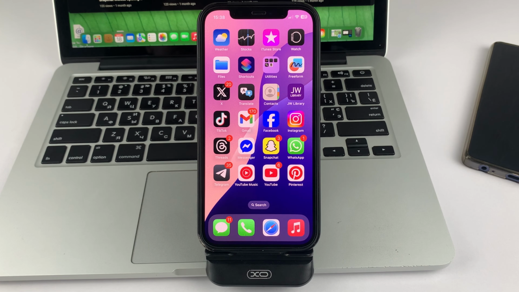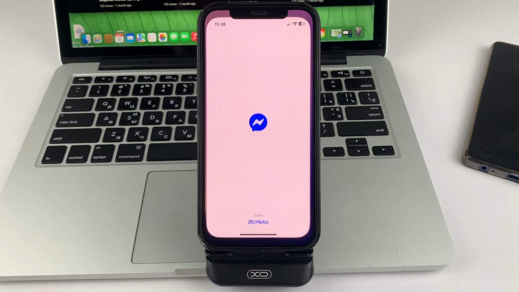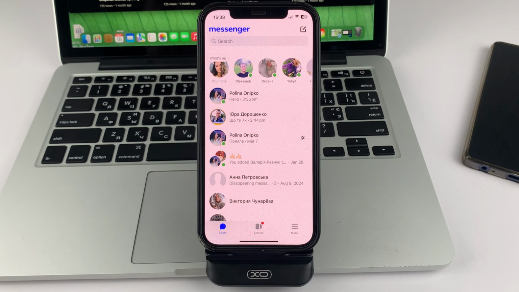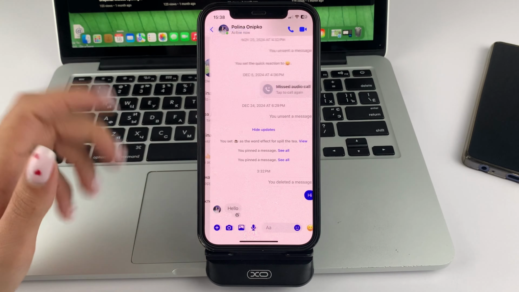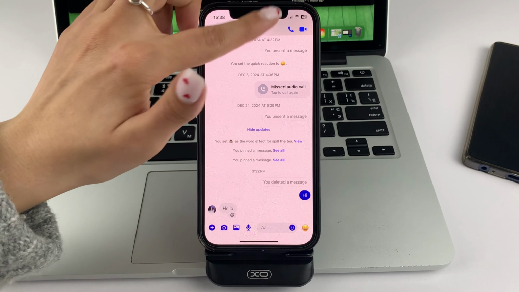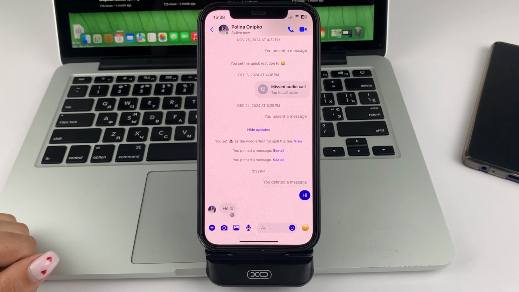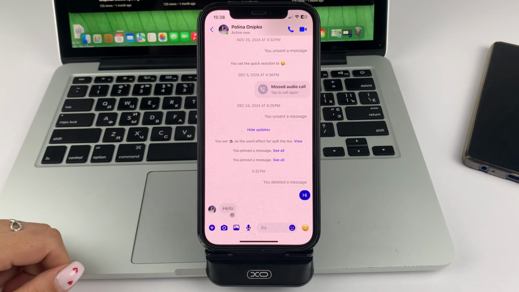So, let's get started. First, you will need to open the Messenger application itself, of course. And what are the options for realizing that you may have been blocked? The first is when you find a conversation with a person or go to such a conversation. Then you will not see a profile picture or the name of that person. The only thing that will be written is Facebook user. This is a 100% guarantee that you might have been blocked previously.